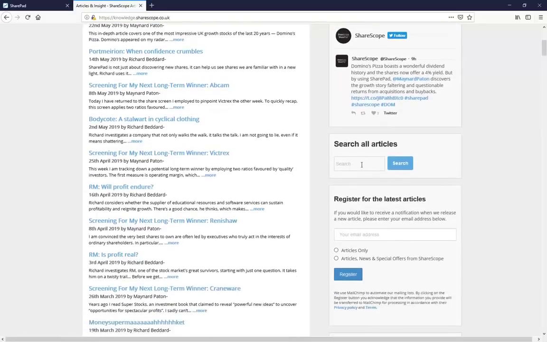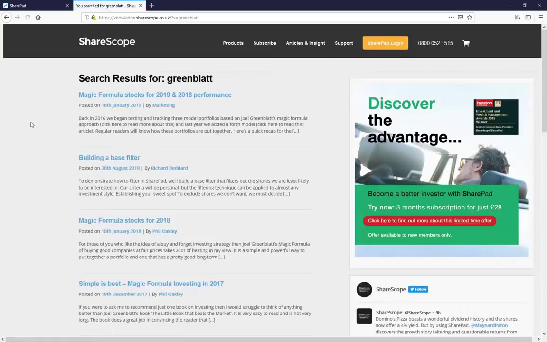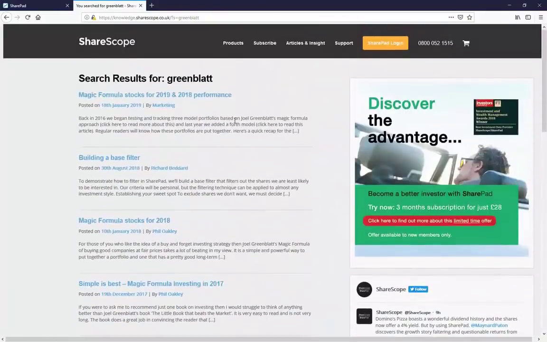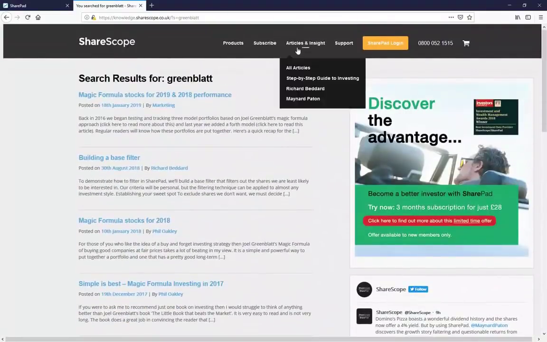If you're searching for anything in particular, you can just type in the search term. So again, if you're interested in searching for Greenblatt, there we go, search, and it'll find any article that mentions Joel Greenblatt, and so you can go through and read them. So there's a ton of stuff here with loads of